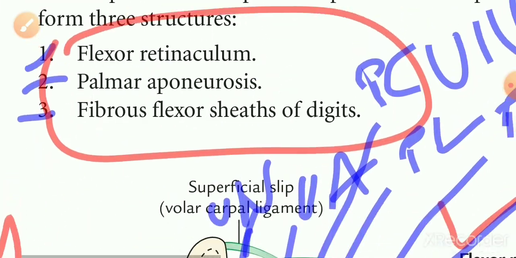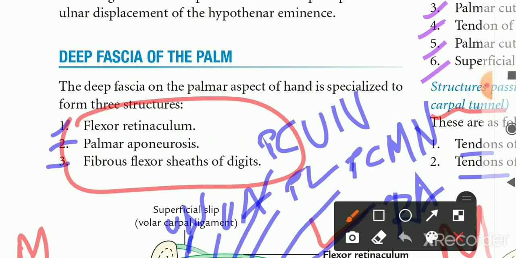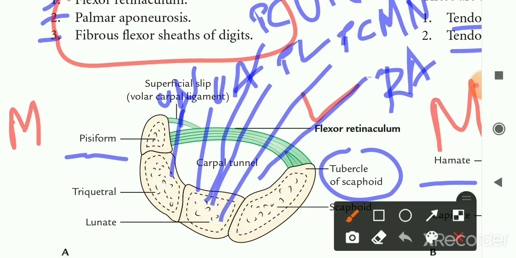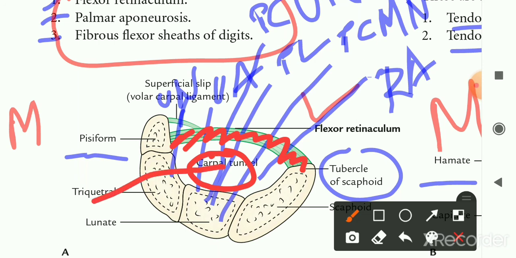So the flexor retinaculum converts this concavity of the carpal bones into a tunnel. So this is the carpal tunnel, and this greenish structure is the flexor retinaculum. Now we should know what are the important structures that pass through the carpal tunnel, or we can say just